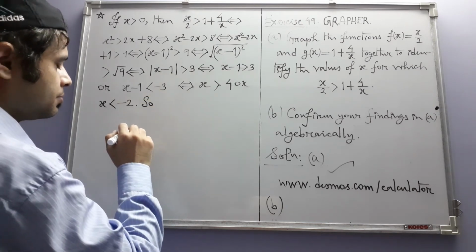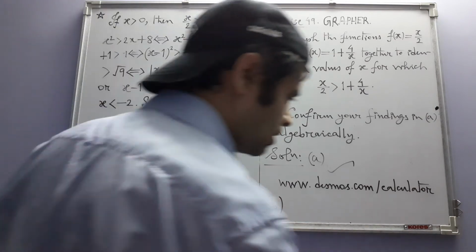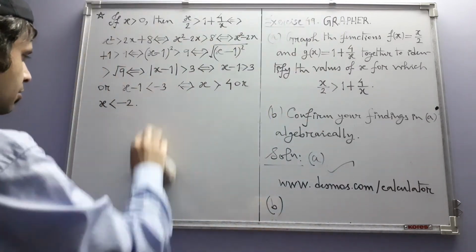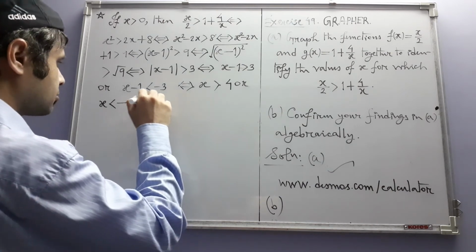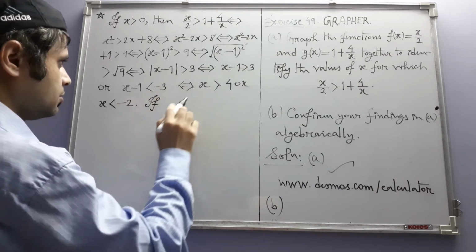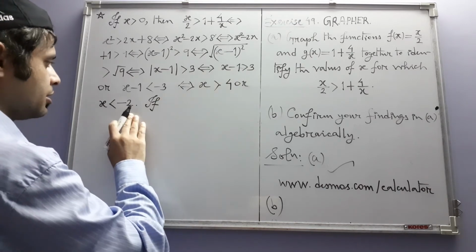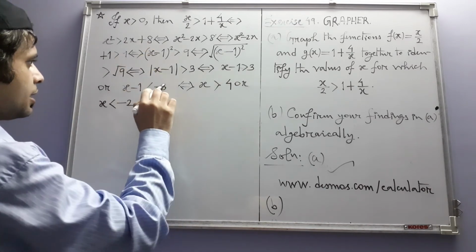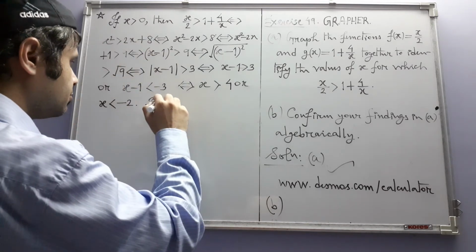So we will write the conclusion afterwards. Let us consider the other case then. So here either x has to be greater than 4 or x has to be less than minus 2. Now this is under the condition that x is positive. Now if x is negative,